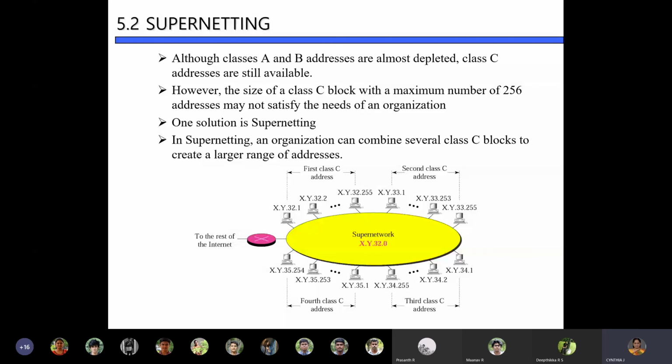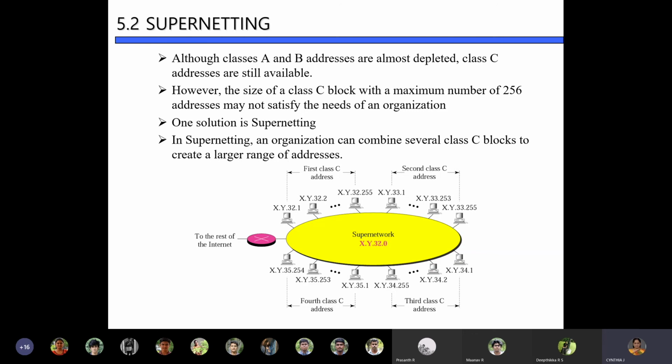So you can see, although the class A and B addresses have almost been depleted, if you go and ask for A and B, they'll not give you the address because it's not available with them at all. But a huge number of class C addresses are available. However, the size of a class C block, with a maximum of 256, is not sufficient.